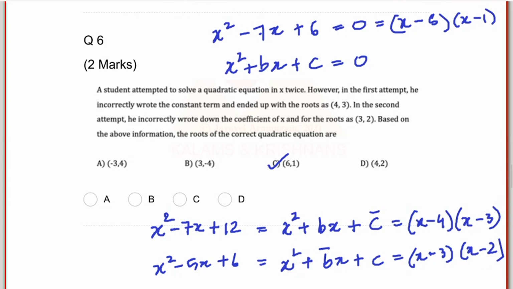So you can actually directly write it down if you know how the coefficients of the polynomial correspond to the roots, sum and product of the roots. But even otherwise, in two lines you could kind of do this. But at this stage, had you tried to solve these two equations, can we eliminate c bar? Can we eliminate b bar? That's a dead end because we have 4 unknowns: b, c bar, b bar, c. We have 2 equations. We have to conjure additional knowledge about roots. So c is the correct answer.